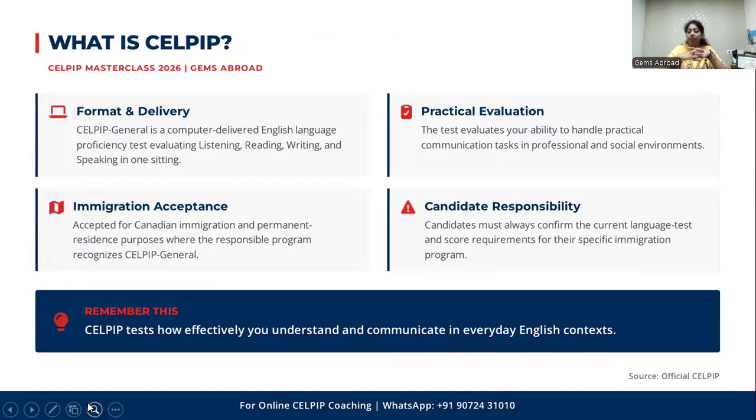What is CELPIP? CELPIP stands for Canadian English Language Proficiency Index Program. It is a computer delivered English proficiency test that evaluates listening, reading, writing, and speaking. One important feature is that the test is designed around practical communication. That means you are not simply being tested on whether you know difficult vocabulary or complicated grammar. You are being tested on how effectively you can understand and communicate in situations